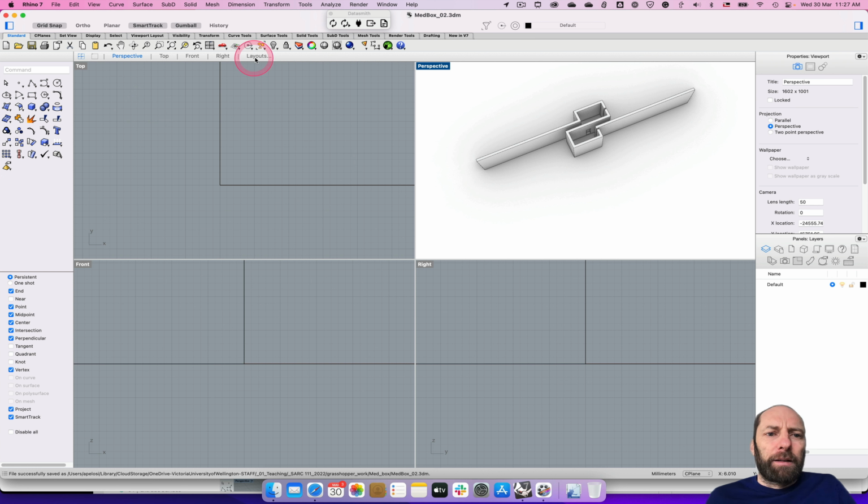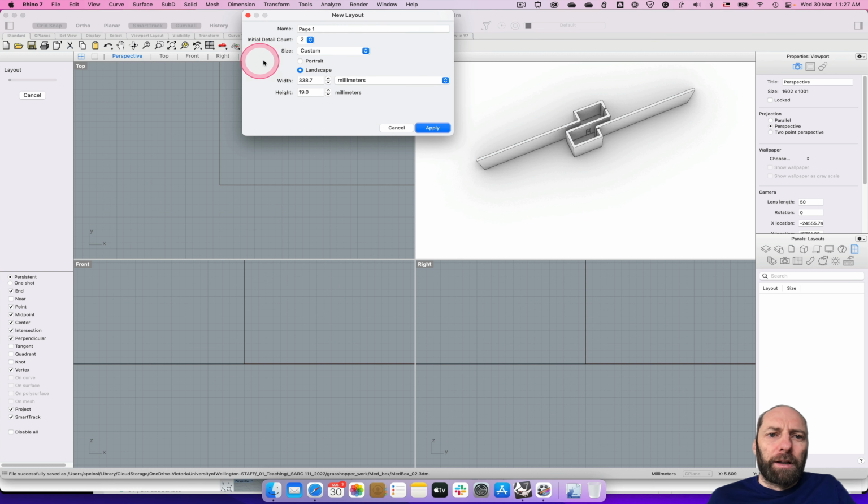In the Mac, there's a thing at the top of the canvas, I guess, called layouts. On a PC, it's down at the bottom, and it's just a little plus next to the top front right, and then it'll have a little plus. And if you click on that, you'll come up with option to create a new layout. So we're going to do a layout with 2 detail counts, and then